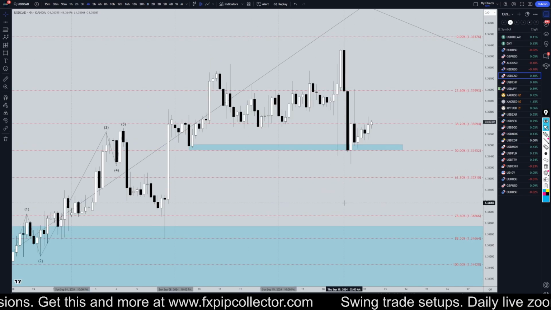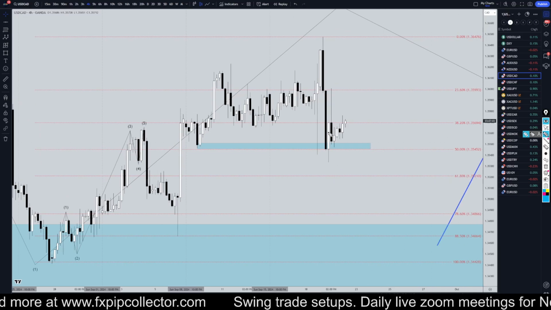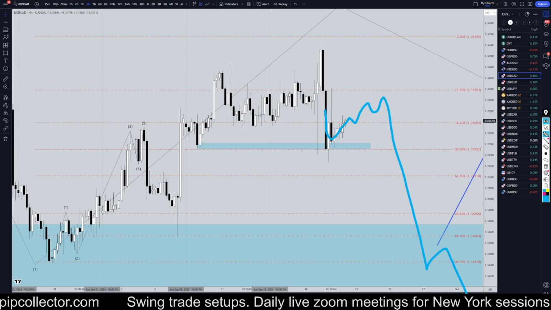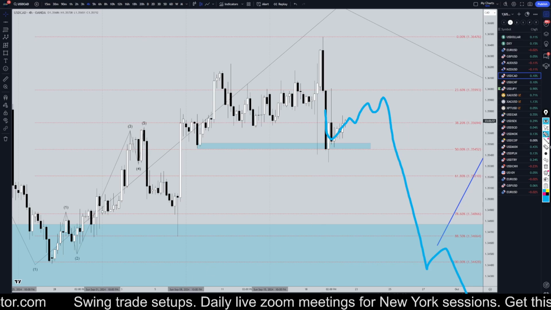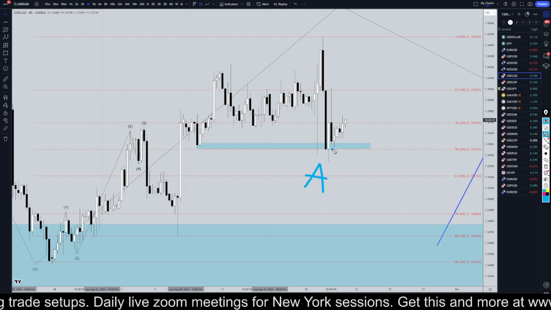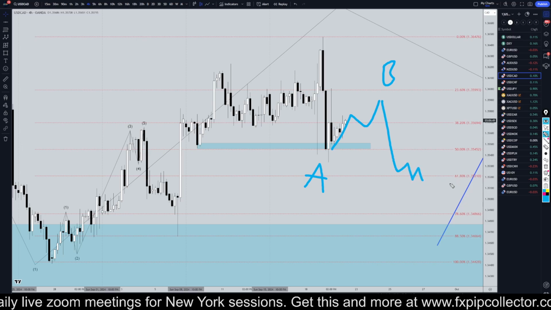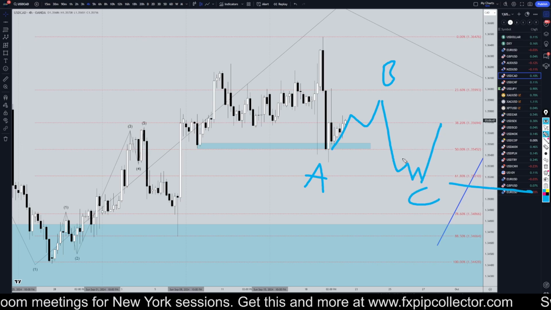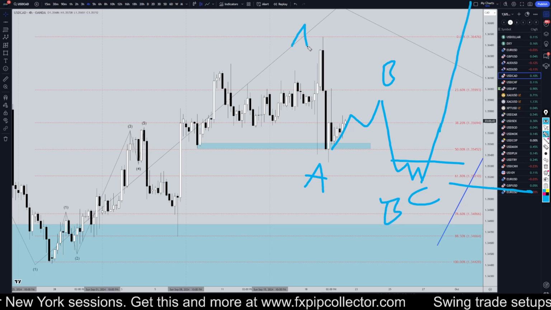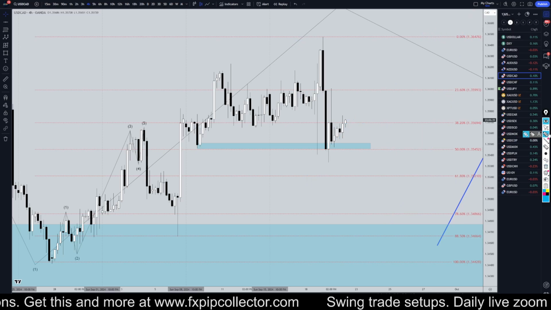Going down to the 4 hour time frame, I personally would be looking for shorts right now. While we're looking for shorts, if it just keeps on going down and down, then that's great news for us because we should be looking for shorts. If it does an A and then makes a B and then you go short and it makes a C, bounces off a fib level and then makes an impulsive up break of structure, that's what will tell you that it's a wave B and that this is a wave A and that it's going up for a wave C, like I showed on the daily time frame.